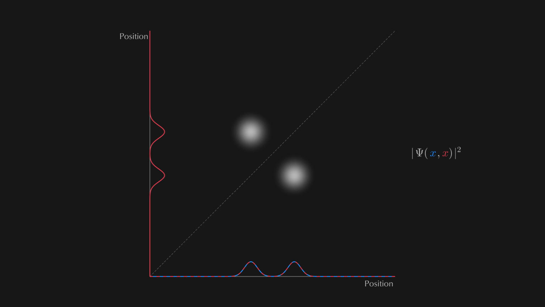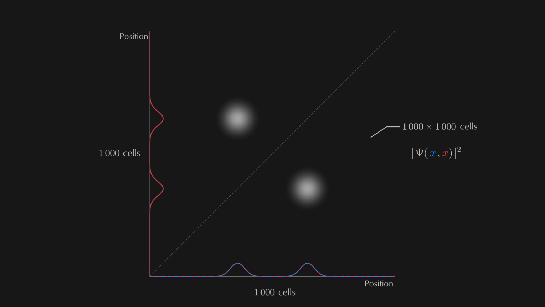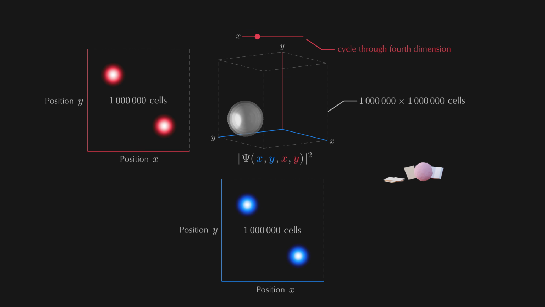So after all, while the physical 1D space may be discretized using just 1,000 cells, the 2D wave function for both particles requires, in the worst case without symmetries, 1,000,000 cells. If we have two particles in a 2D physical space, the wave function lives in 4D space. As much as this may be confusing at first, it is also a challenging task for Erwin here. He has now to work on 1,000,000 times 1,000,000 cells for two particles.